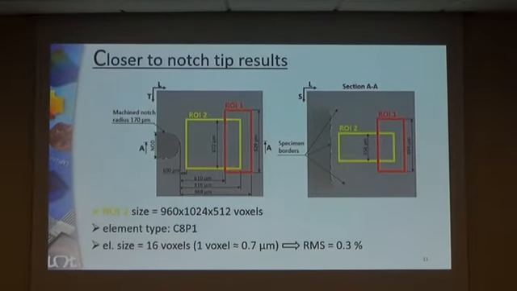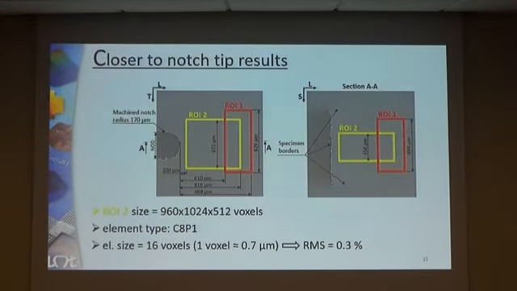For that reason, we constructed another ROI 2 with the yellow. So this one is closer to the notch root. It is elongated in the crack propagation direction L, and consequently it has to be decreased in the true thickness direction to be able to perform DVC calculations.